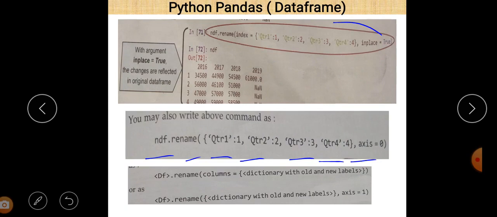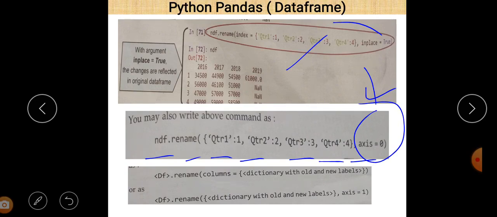So if you want to change the name of the column, then you must define axis is equal to 1, because here we just want to change the name of the rows. By default it is 0, so we don't need to mention it, but if you write it, then both of them have the same effect on the program.